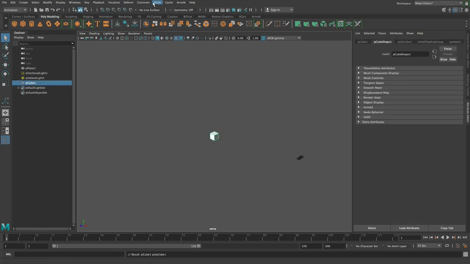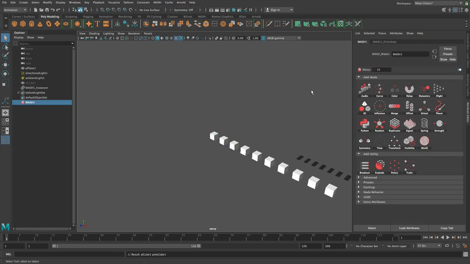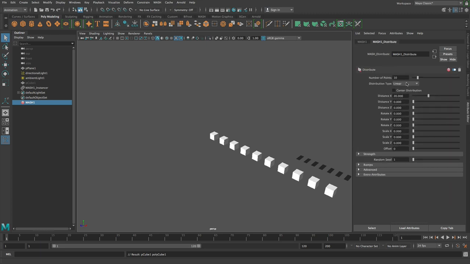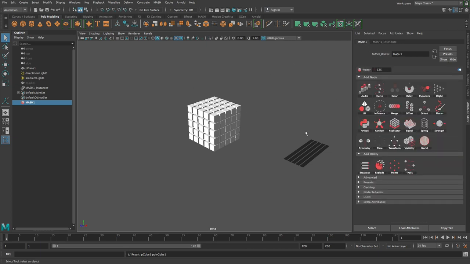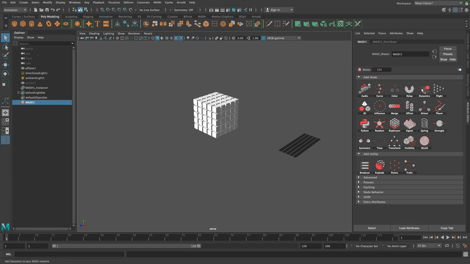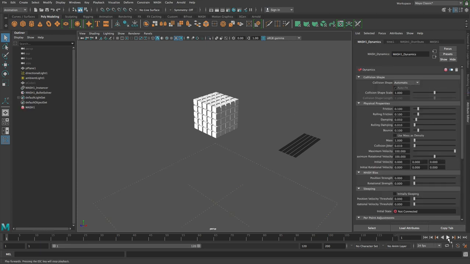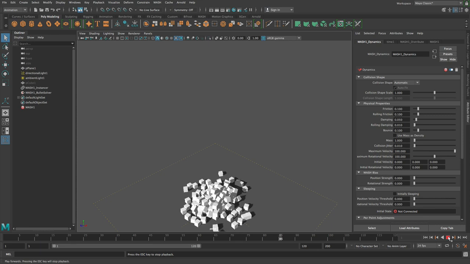Okay, so I'm going to skip a little bit ahead for this video and show you something cool rather than something functional. So let's create a 3D grid of objects. Let's do 5 by 5 by 5 like that. And if I add a mesh network and add dynamics to it, again, rewind and play, you get that, fair enough,